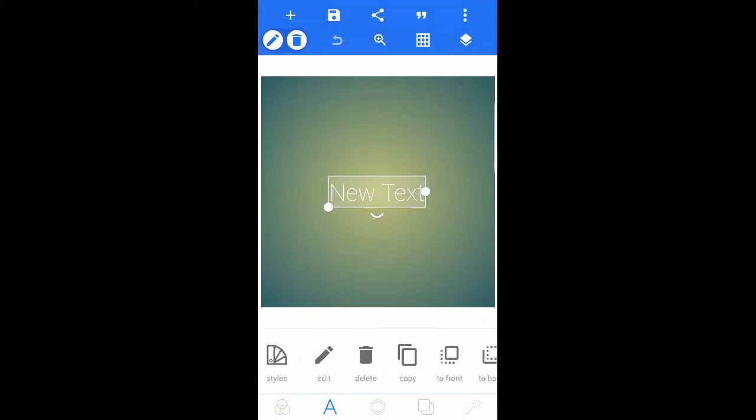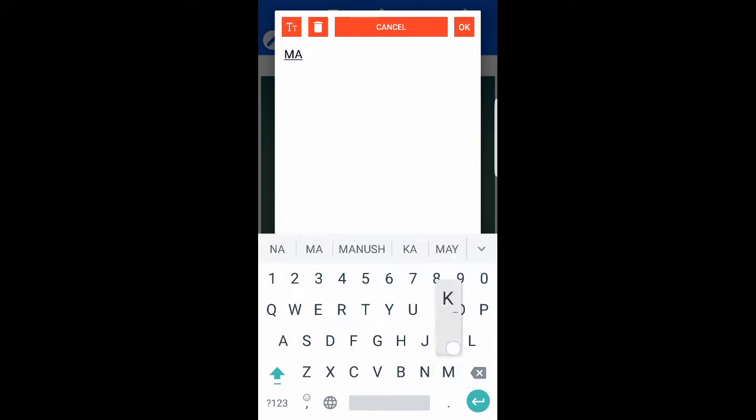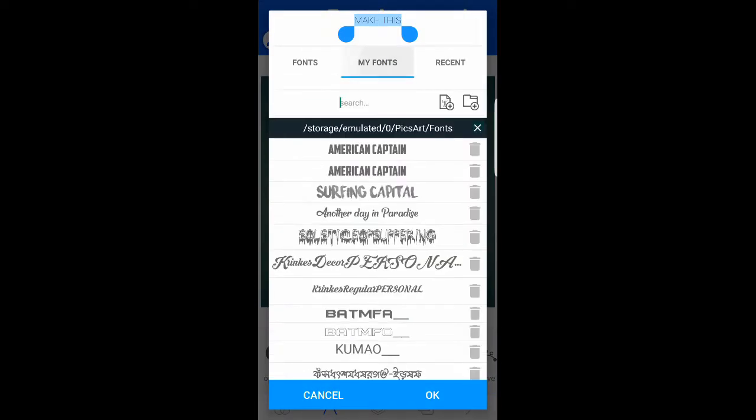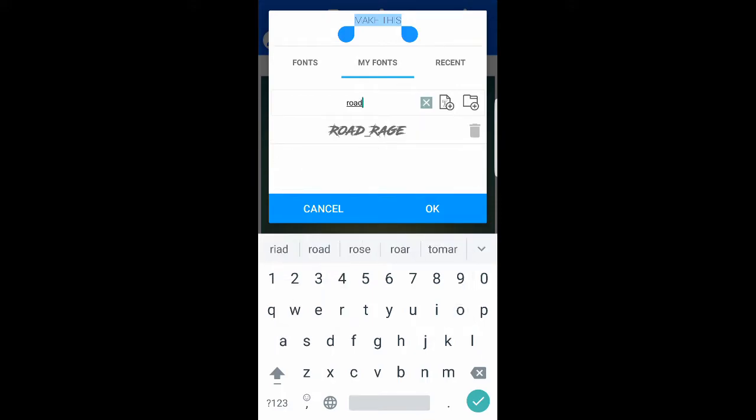And then go to the A and then edit and then make your text what you want. I will make this. Okay, and then go to this font icon, and then search font. I will give this font in the description. Font name is Road Rage. Okay,